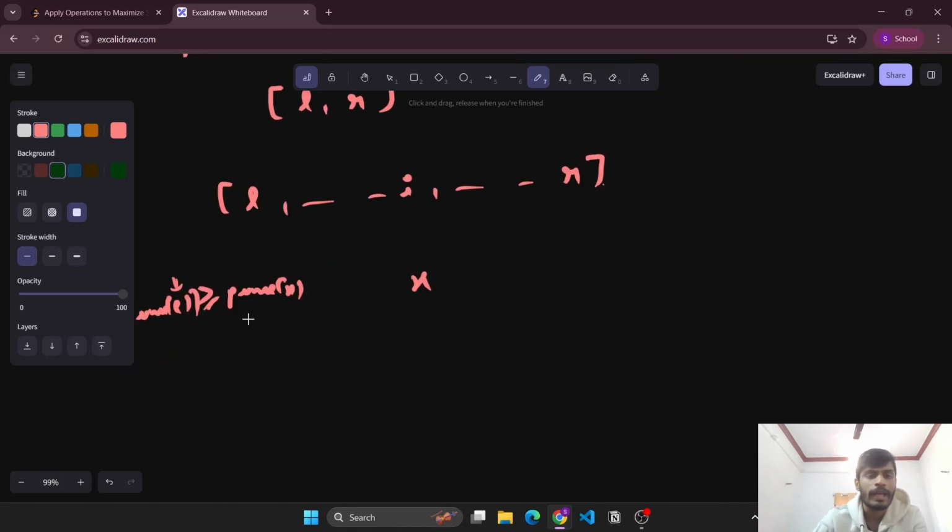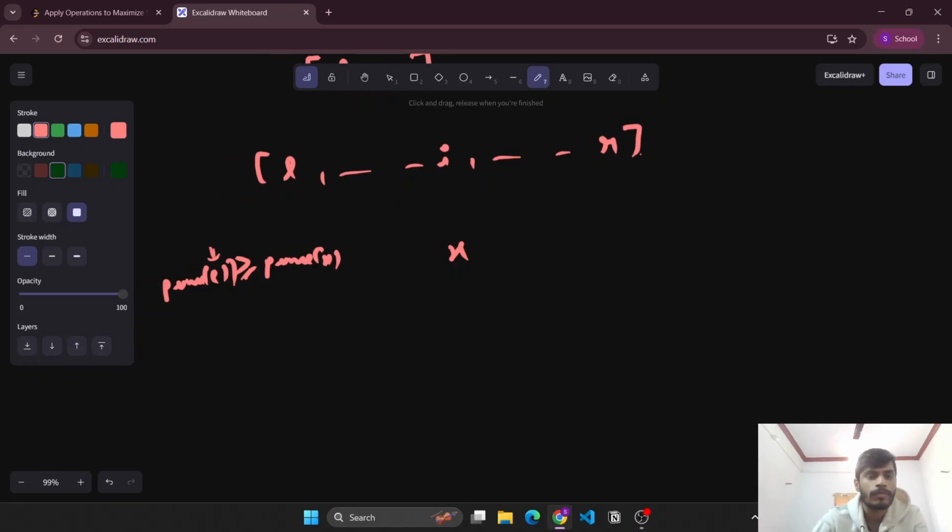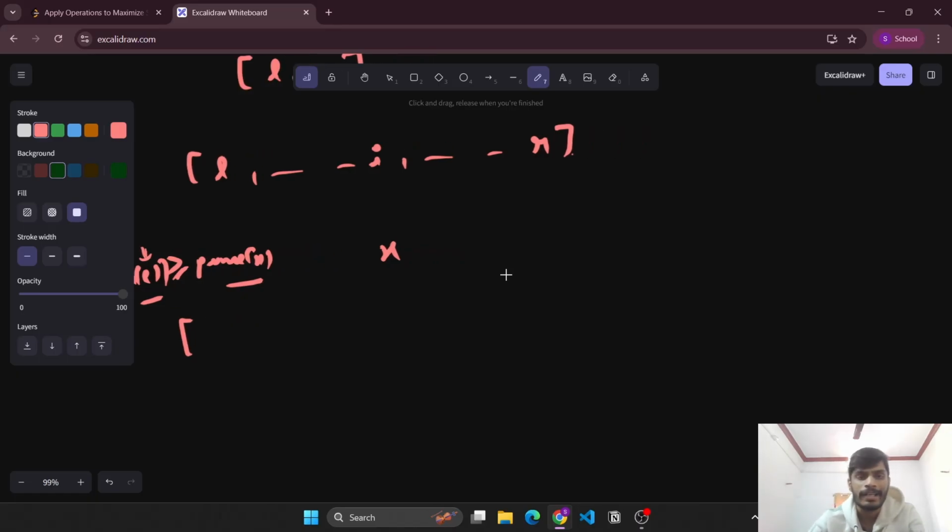Okay, so as soon as we encounter an element such that prime of element is greater than or equal to prime of X, that means this will be the boundary element, and the range starts from this side. We'll be able to find out this left range. And what will be the right range? The right range will be simply the prime of element